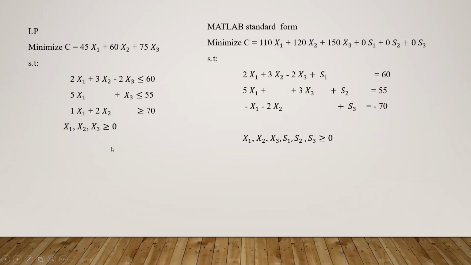So let's see this problem as a minimization. Let's see how MATLAB can read it. Basically, it's minimize C equals 45x1 plus 60x2 plus 75, subject to the constraints. Here I only have a problem with the third constraint because it says more than or equal, so I multiply it by negative. I don't have any problem with the objective function because originally it was minimization. So it's right now becoming